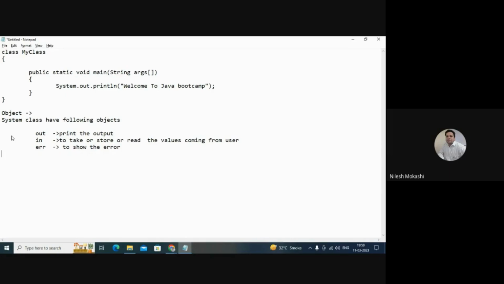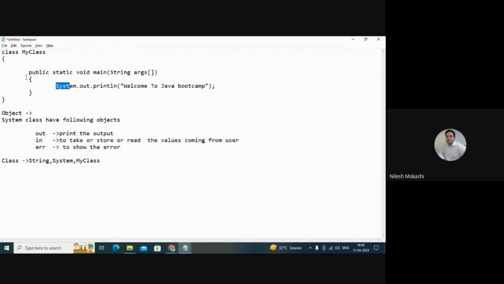Now we find the object. So the object used in this program is out. Then let's find the classes. I already said that String is a class, System is a class, MyClass is a class. So how to find the classes? We have to see the word. If the word's first letter is capital, then that is a class. Very simple.